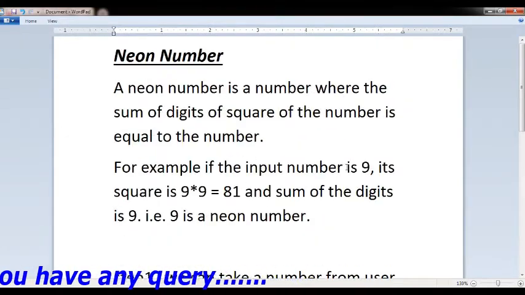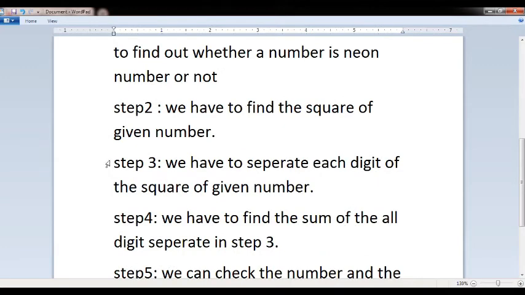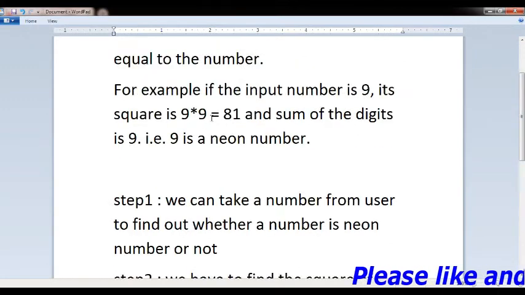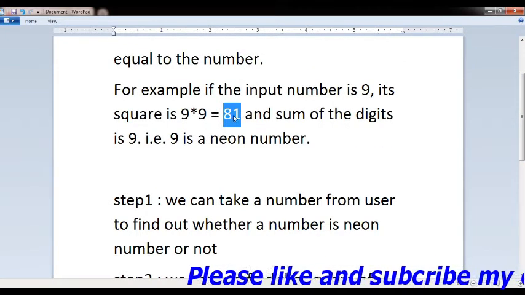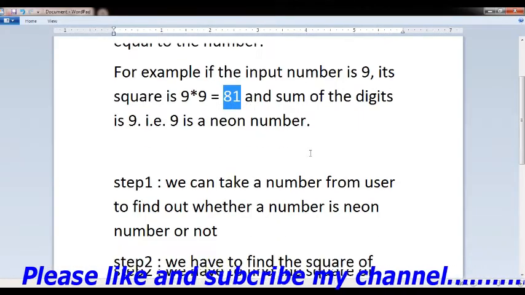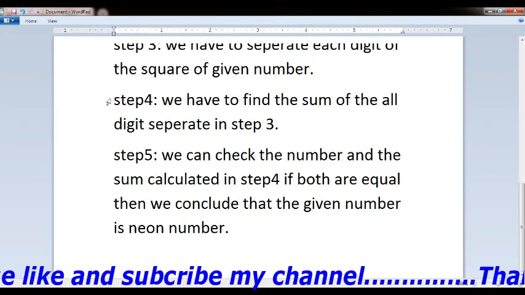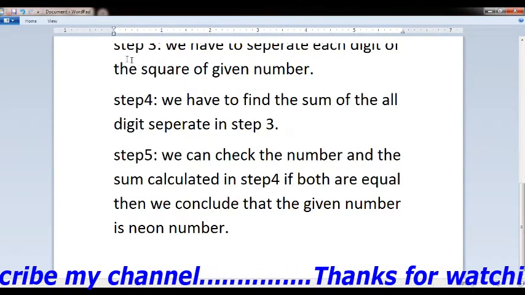We take the number 9, so 9 into 9 equals 81. In step 3, we separate each digit of the square of the given number. Here the square is 81, so we separate 8 from 1.